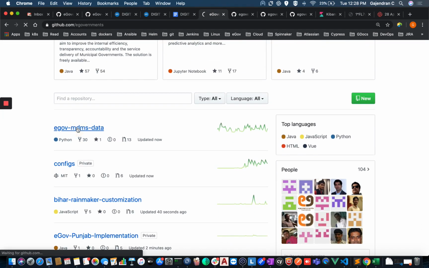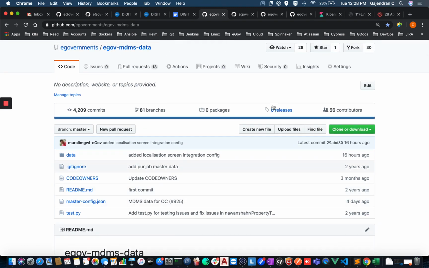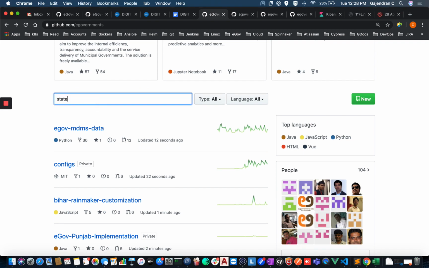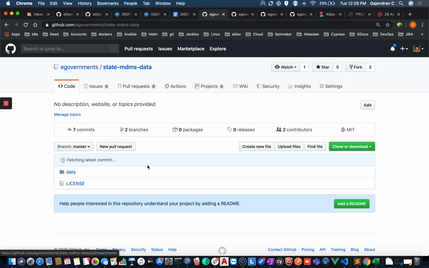So for example, this is the internal MDMS data, right? So the same thing should be forked. So MDMS data and customization, since it is environment specific, these are private repos. So you will get a template, like state MDMS data and state customization, right? So these are the templates, right? So these are public, under the MIT license, which you can again fork and put in the data